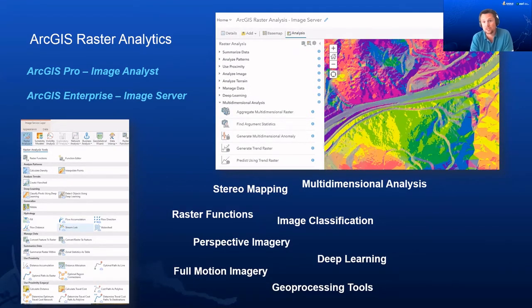There are also tools for multidimensional rasters to find anomalies and do forecasting based on trends that come through time. And with image server raster analytics, you can bring these analyses to the browser as well, because they will be available in the map viewer once you've enabled it.